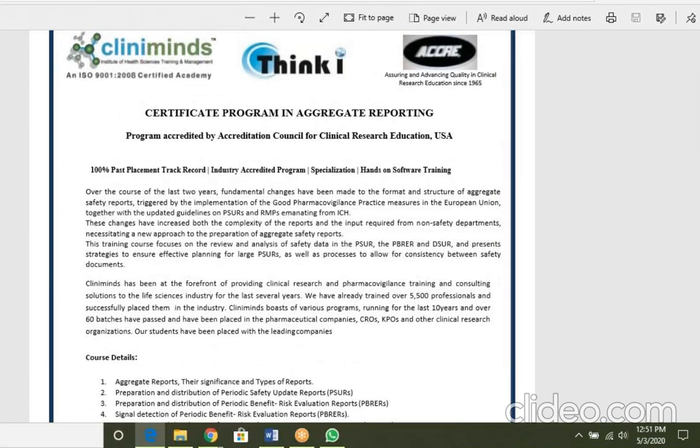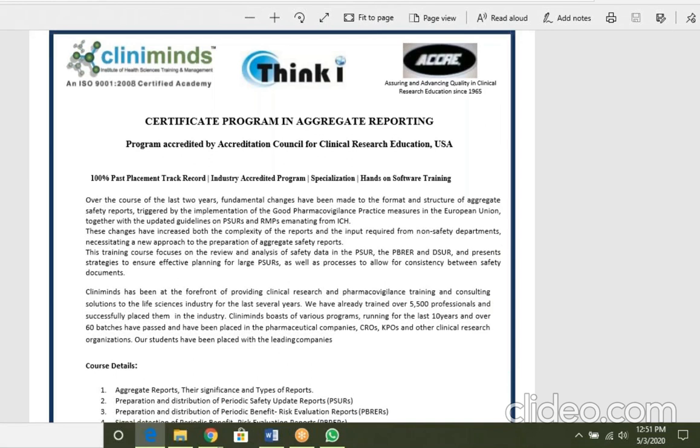So if the causality is implied, then it is the reaction, else it is an event. To answer your question, some IB questions are still not clear. But is the format of the eCTD module followed for submission?